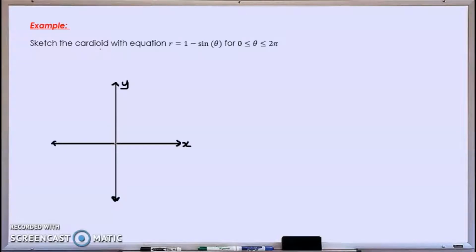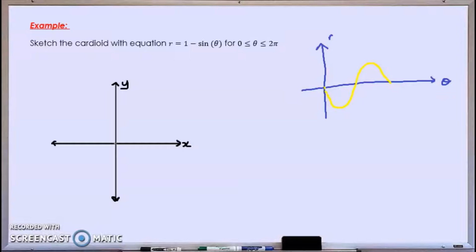We're looking at sketching a cardioid here with this equation. And sometimes when we have to do something like this, it can be really helpful as a guide to first of all sketch a graph of r and theta like this, and then we'll translate it across to our final plane. So the graph of 1 minus sine theta, first of all, it is a negative sine theta, so it's going to look